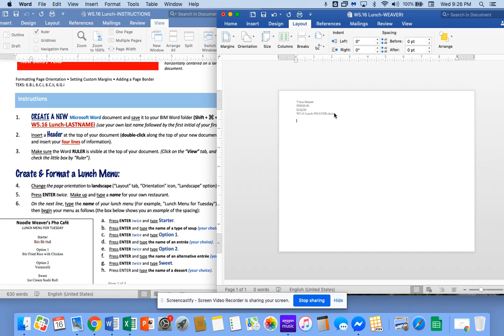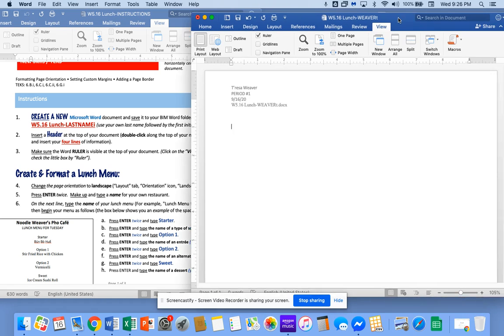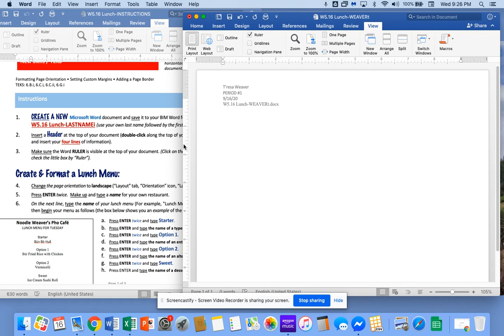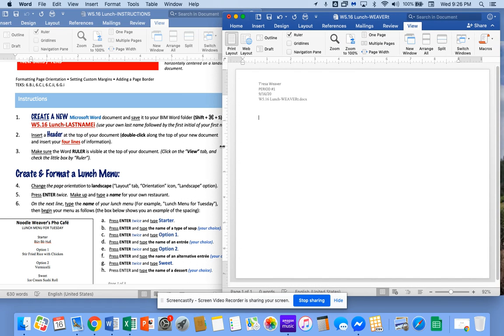So once we are here in the body of this document, it says to press enter twice. And at this time, I'm going to go back up to the View tab, and I'm going to come back and select page width because this makes it so much easier to see, and it'll compress or become bigger as I move with it. So once I've changed it to page landscape, now I'm going to press enter twice, which is what I did,